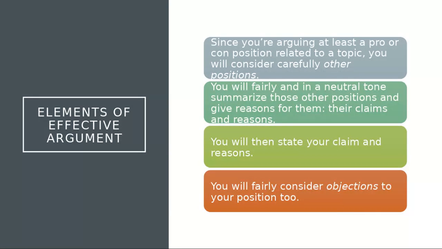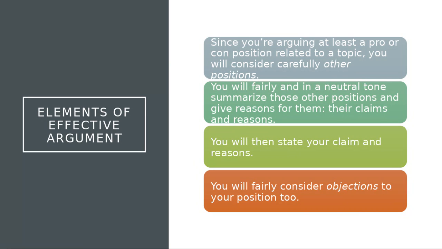So since you're arguing at least a pro or a con position related to a topic, you need to carefully consider other positions. You have to fairly, in a neutral tone, summarize those other positions and give reasons for them. State their claims and their reasons briefly. You don't want to do full page summaries of your two sources in a 3 to 5 page paper. It should be about a paragraph or 2 or 3 sentences at least,